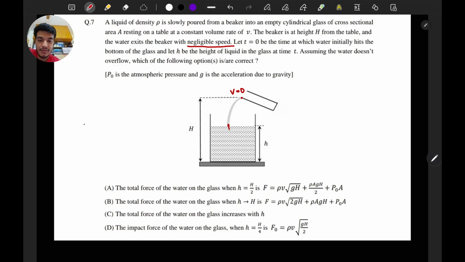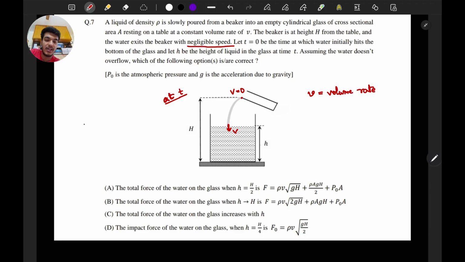Let us assume the impact which is being made at some general time t, say height h has been filled. The water which is falling right now has to make an impact with the already existing water surface, and let us say that the velocity with which it is hitting that is some small v. And we have been saying the volume rate of the falling of water is basically capital V, as you can see, the printed V. And so if this is the volume rate,